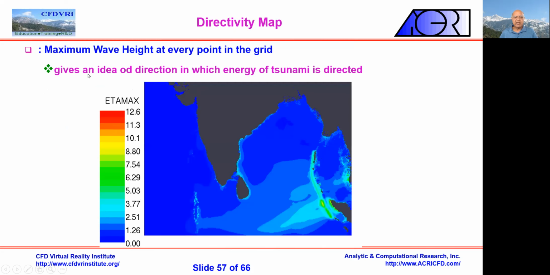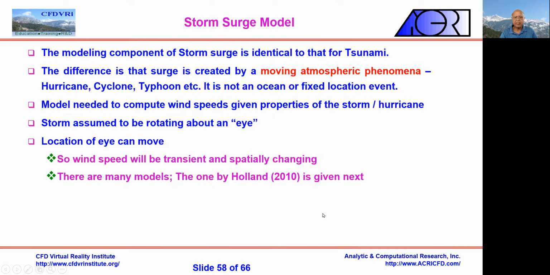So this basically is a simulation. I'm not going to show you a video here. It basically gives an idea of the direction in which the tsunami energy is being transmitted, and also gives you an idea of the maximum heights, okay? So for example, the maximum height at the coast where it hit was on the order of somewhere around here, so about 3 to 5 meters. Okay, here you had waves which were like 12 meters up there, and you perhaps see about 10 meters here. Now you can imagine 10 meters, like a 3-story high building.